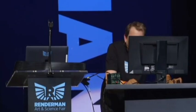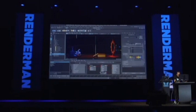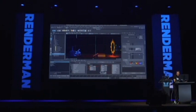I also have another kind of cool filter, if I can find it here. I don't recommend working at a workstation with big spotlights shining in your face. It's harder to do things, but I'll increase the density here, and what I have is a ramp that you can see. This ramp right here. So I can move these little nodes in this ramp and kind of craft the lighting in my scene in real time. Check that out. So that's great. This is great for look dev. It's great for lighting,